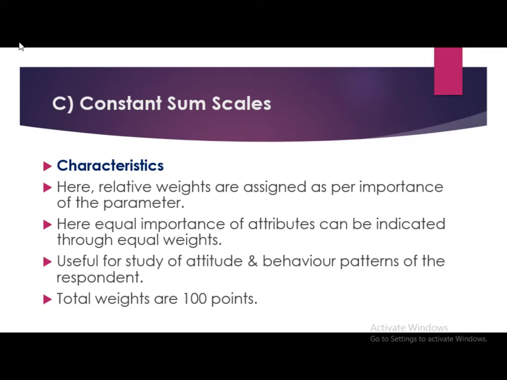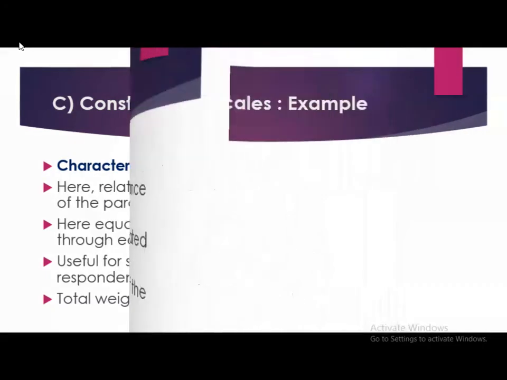Only a few attributes can be taken into consideration, as more attributes can increase the complexity of the study. So suppose there are 15 or 20 attributes for a study, then you cannot take all of them; you can, but it will be very complex. So ideally, 5, 6, or 7 attributes will be ideal for this study.